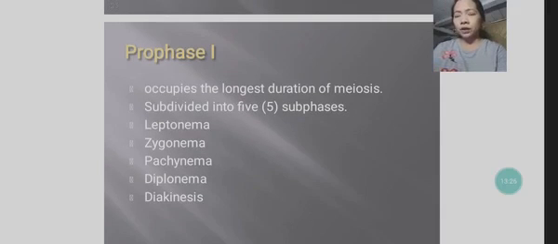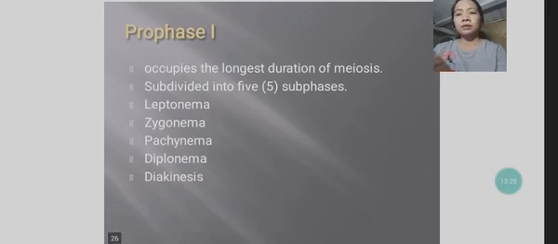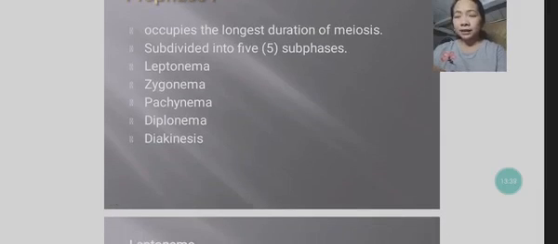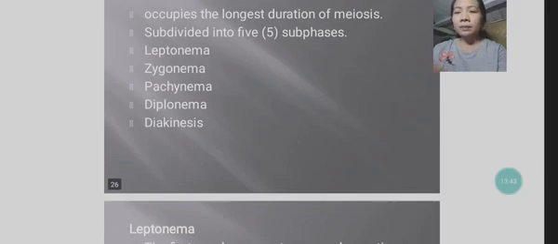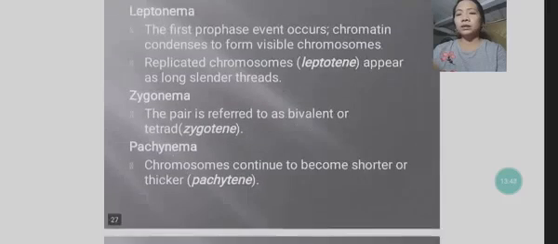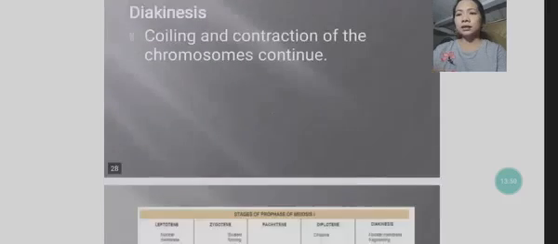The prophase 1 occupies the longest duration of meiosis. It is subdivided into 5 subphases: the leptonema, the zygonema, the pachynema, the diplonema, and the diakinesis. Okay, we will discuss this next time